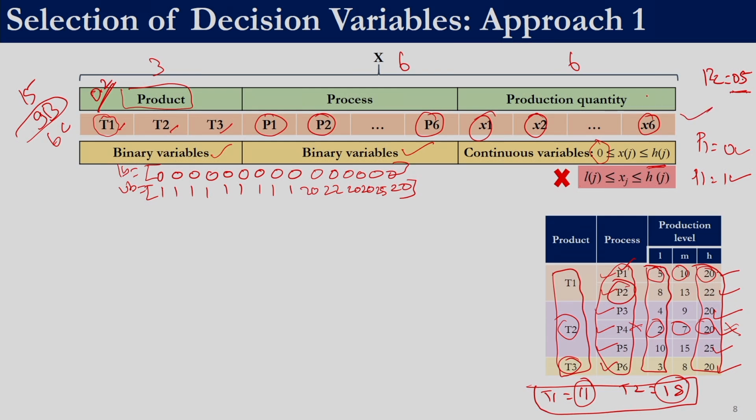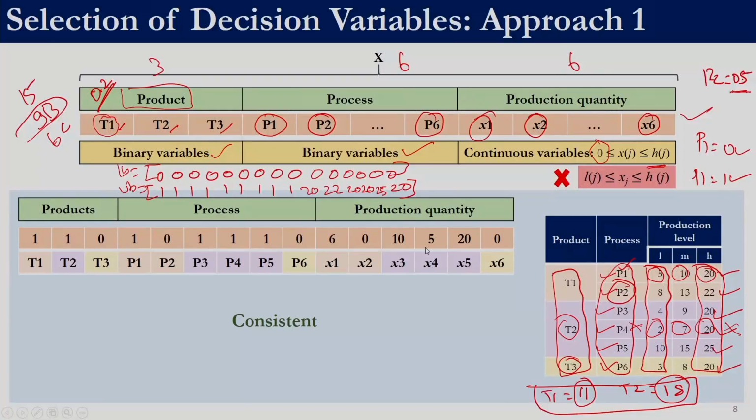So, this is how we are coding the solution. This is called encoding. The first problem is that the algorithms that we discussed are for continuous variables and here we are having binary variables. So, that is the first issue. One way to overcome that issue is we will say whatever values are returned by any of the 5 metaheuristic techniques that we discussed, we will round it off. So, if it is 0.2 we will round it to 0, if it is 0.7 we will round it to 1.